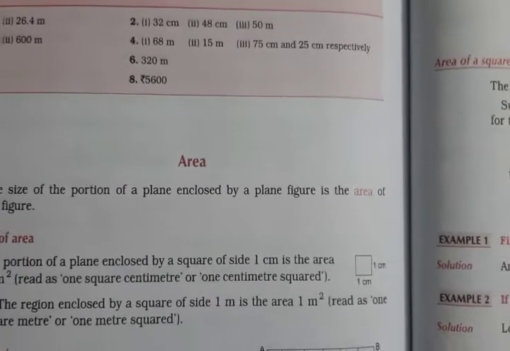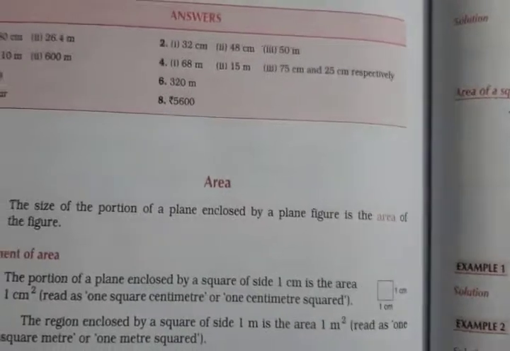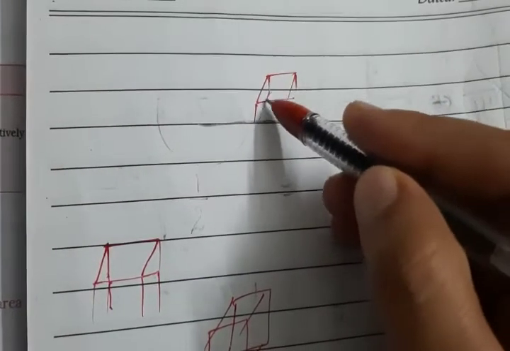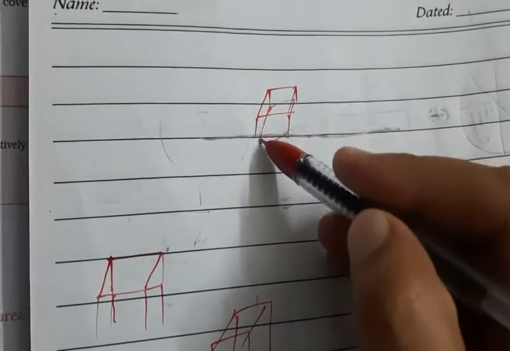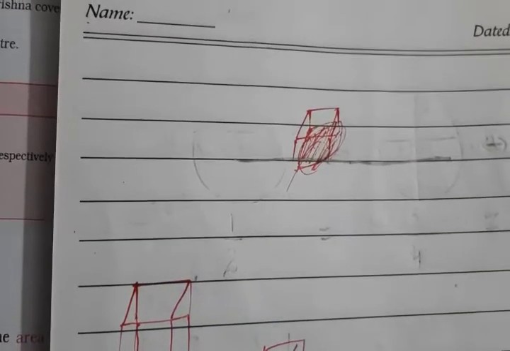What is the area? We will take an example like a table. Now the area of the table is, this is a table. This much space occupied by the table on the floor is called the area. This shaded portion is called the area. मतलब how much space is occupied by anything, that is called the area.